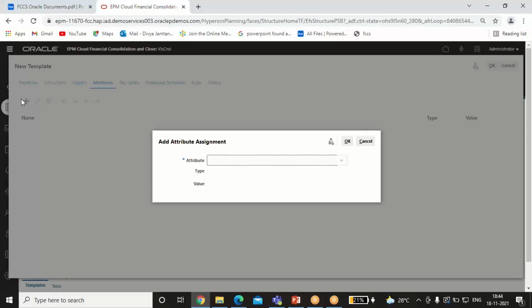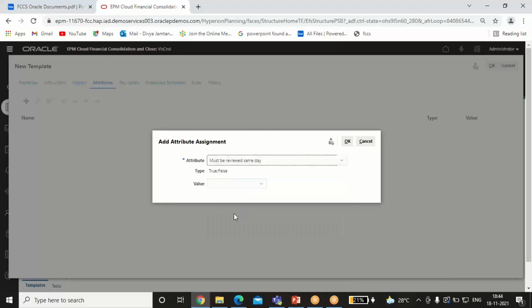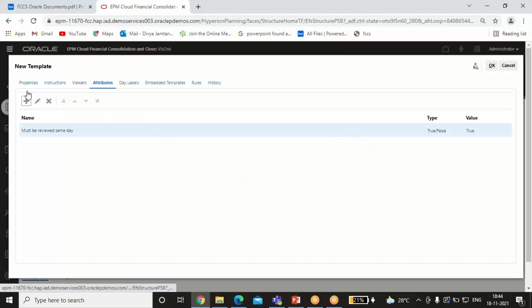When you select an attribute, you can set the value based on the attribute type. Like, I am selecting my attribute value as: it must be reviewed the same day, so my value should be true. That means when you select the attribute, you have to assign a value to it.